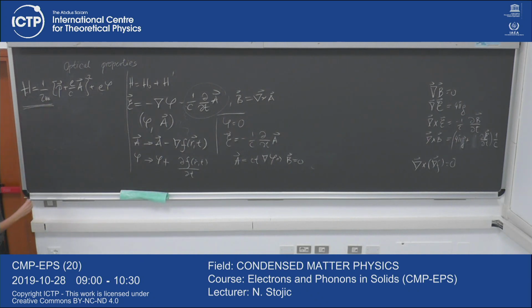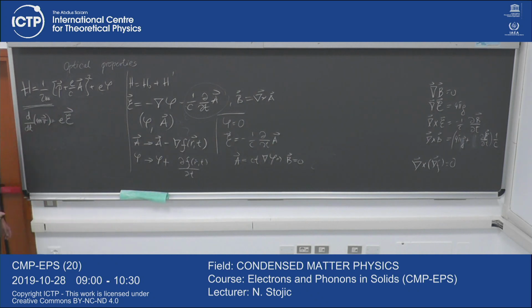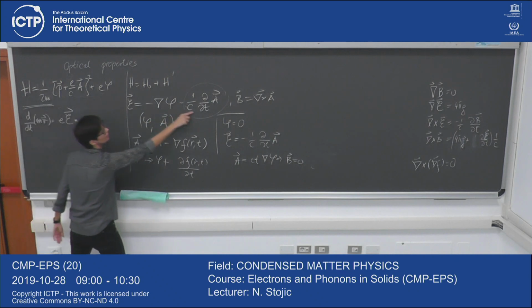Let me try to find the classical equation of motion. This is now a very intuitive approach. This is a force, no? Mass times acceleration, and this is true. Actually, I could also add v cross B, but I'm setting the simple case, no B field, just to make it simple. And this electric field in general is equal to this.